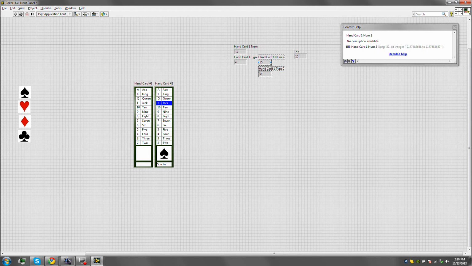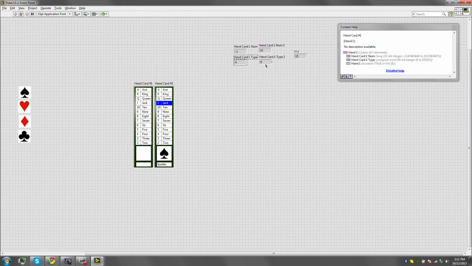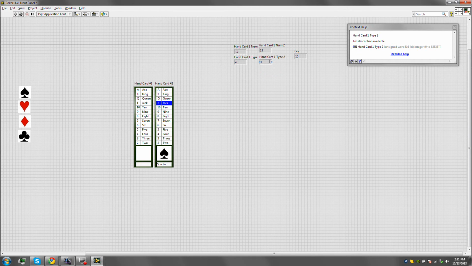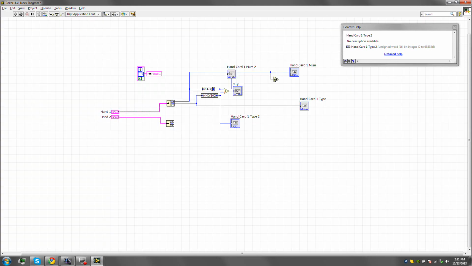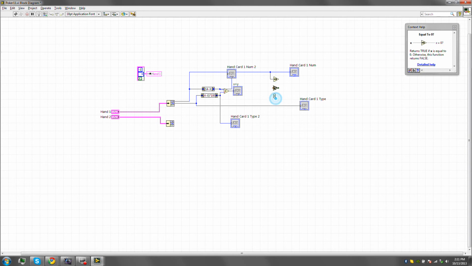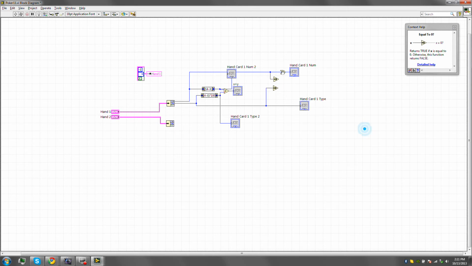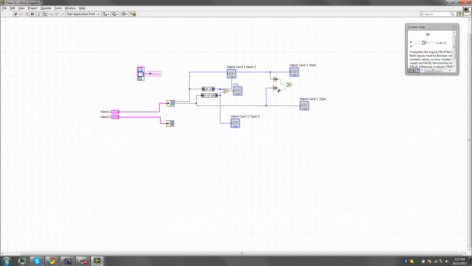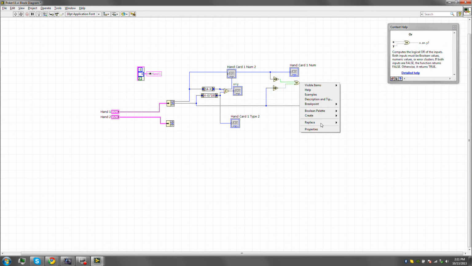Oh, this is the type and this is the number. Now I see why. I was looking at this and I was like, this doesn't make sense. So -1 becomes 15, and hand card type, when there's no type selected, is 0 here. So I can easily access the 0 and the -1. This is less than 0 and this is equal to 0. I already have the less than 0 here, and if I do a comparison to see if it is actually equal to 0, and then if I do a boolean or, so if this or if this is true, if either one of these is true,